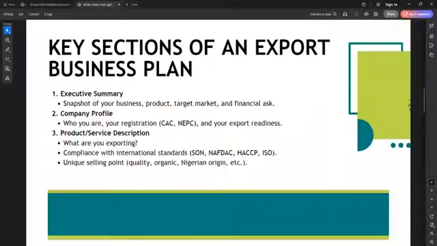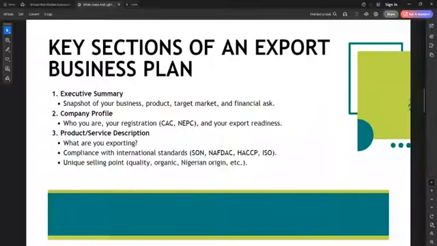Just like you have in the general business plan, there is also an executive summary. The executive summary is just a snapshot of your business, your project, your product, your target market, and financial ask, what you're actually looking for from your investor. But in this case, you want to make sure that everything you are putting into your export business plan